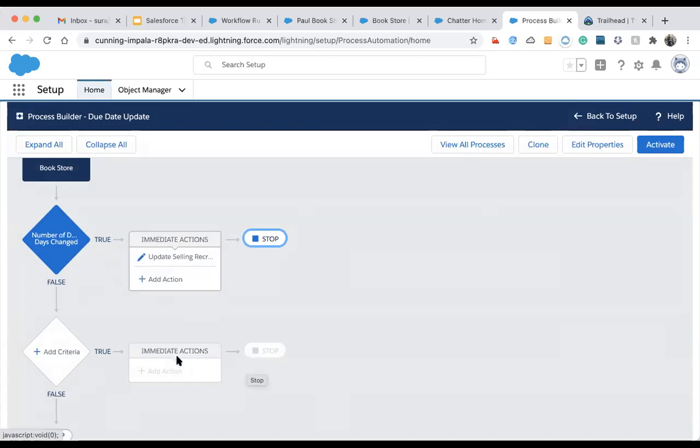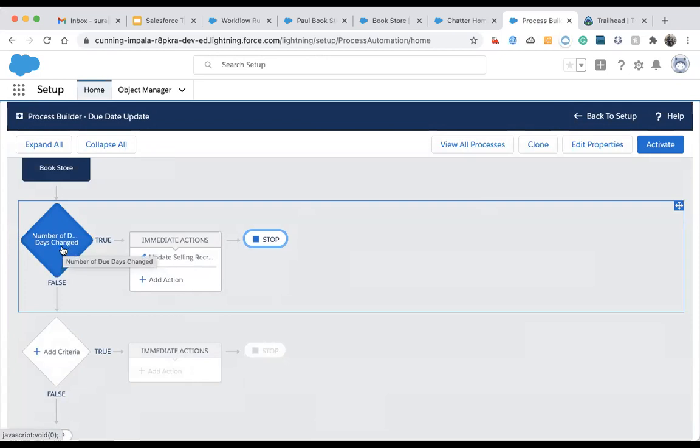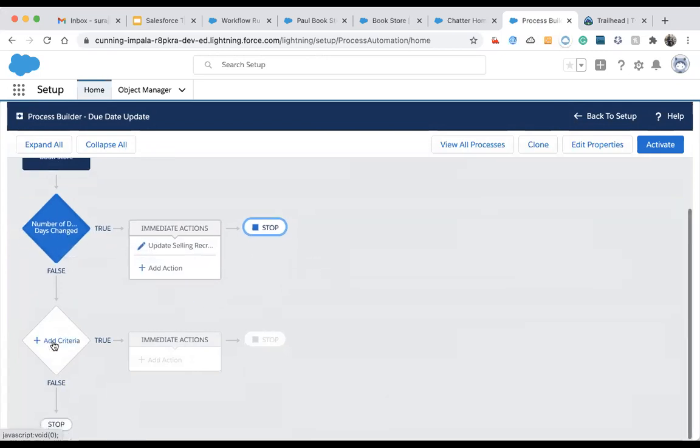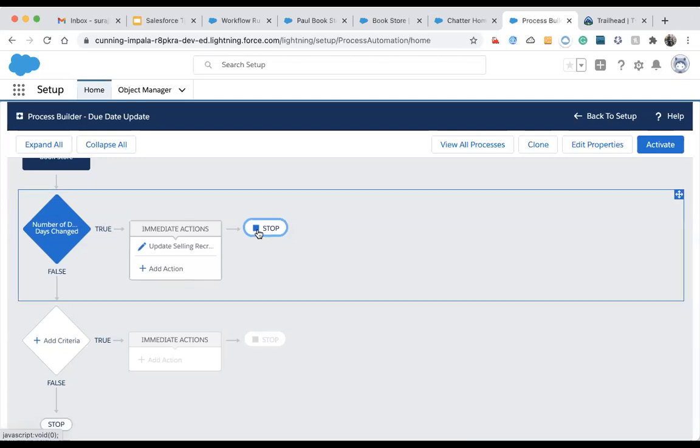We have so many fields, so we can add that if that field changes, what we have to do, else if that other field changes, what we have to do. Right. It means if you have different fields, then on the basis of which rule criteria matches, it will execute that section. And if you want to execute all the criteria, then we just have to choose the evaluate the next criteria option available in the stop section. All right, thank you.